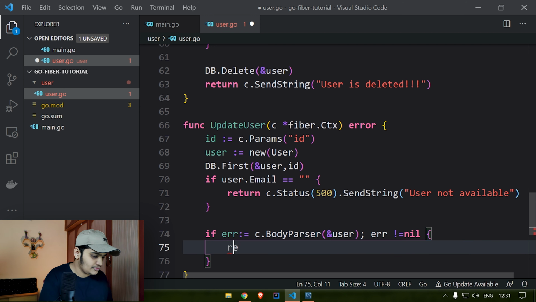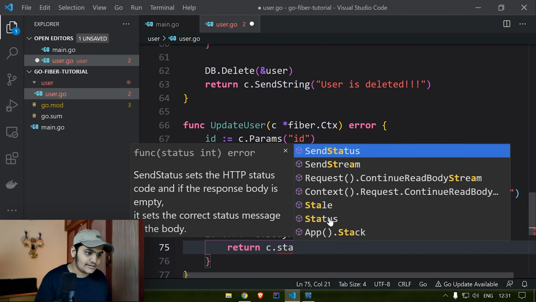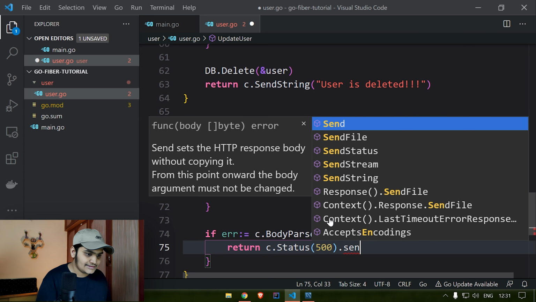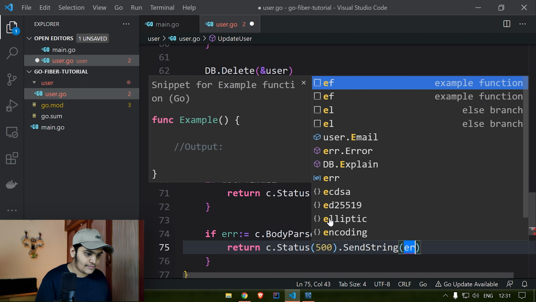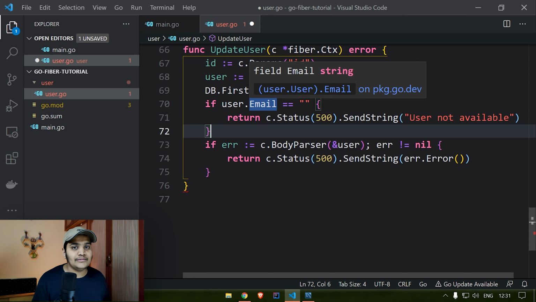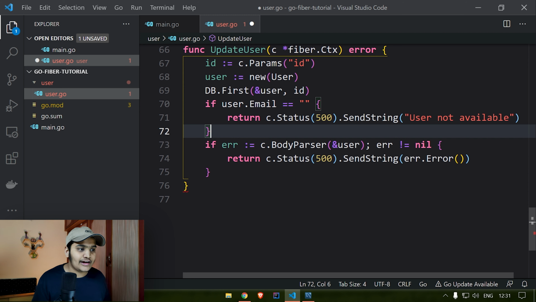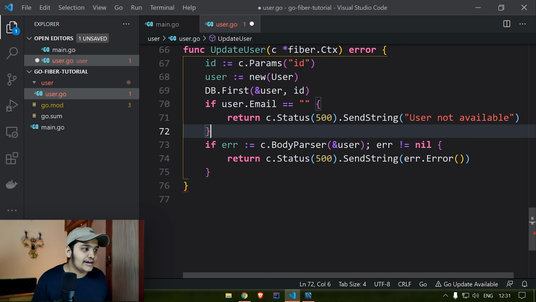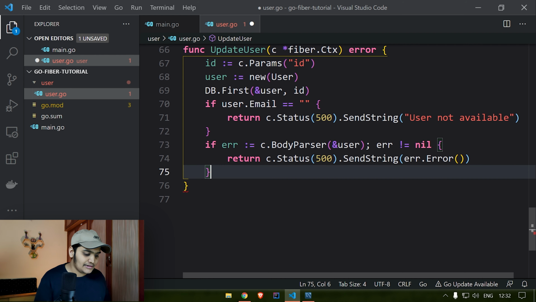So for this also we'll do return c.status with 500 and sendString as err.Error. So two error messages that we are sending. If we are not getting any data from the database, that means user is not available. And if we are getting any error parsing the body data, that is also an error. If everything passes from here, that means now we need to update.